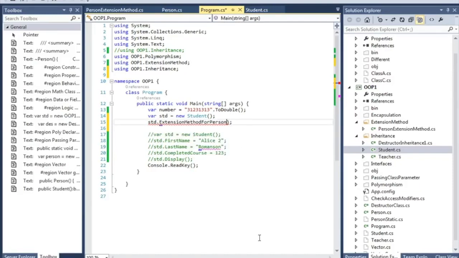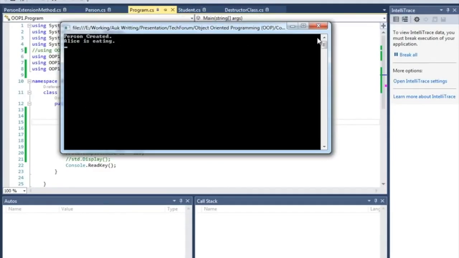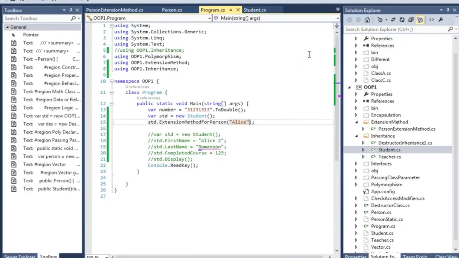So it may require some properties. That's the first name, alias. Just give the alias and run it. You can see that alias is eating because the method calls the eating method. So that's it about extension methods. If you have any more questions, you can shoot. But here I'm just showing the basic things. There are really very broad topics about extension methods, and System.Linq is really the best example for extension methods.